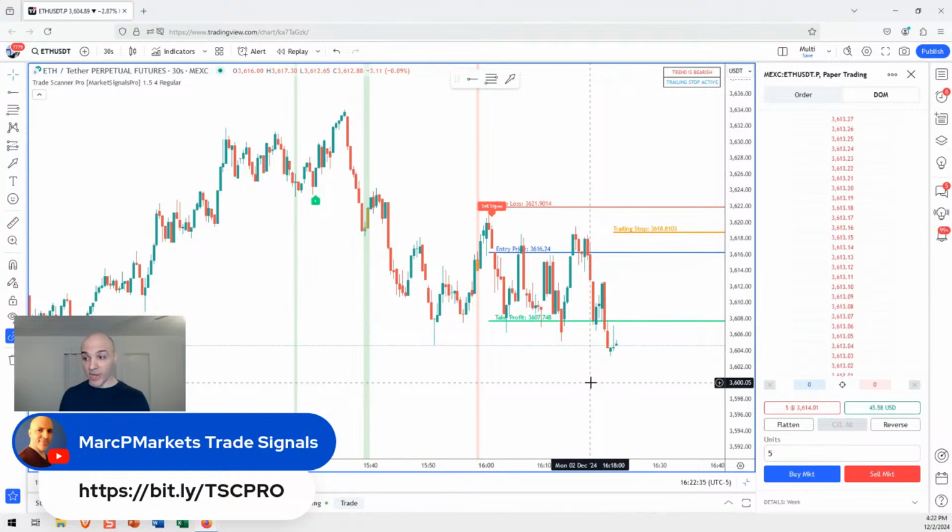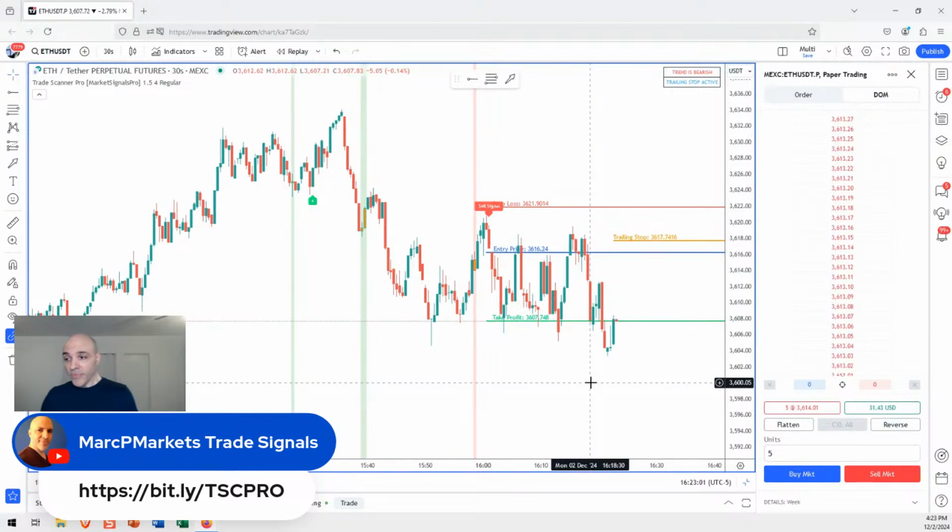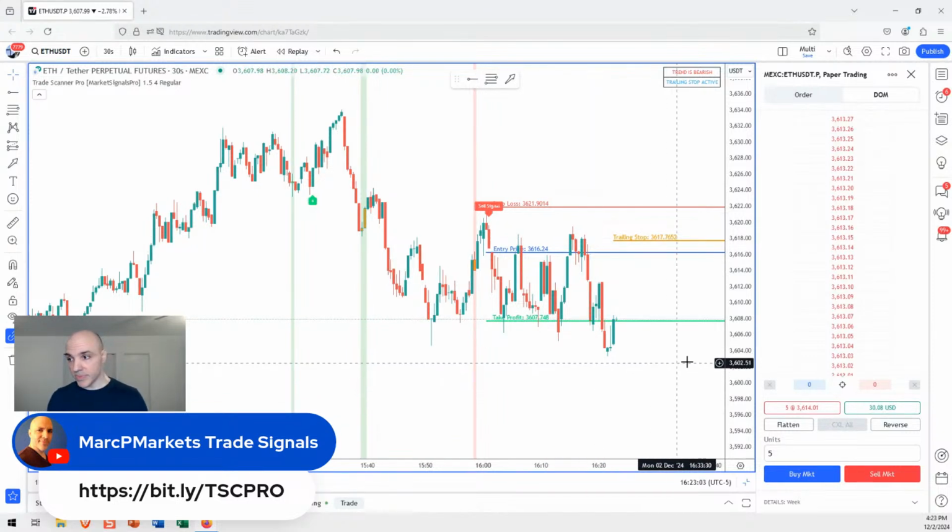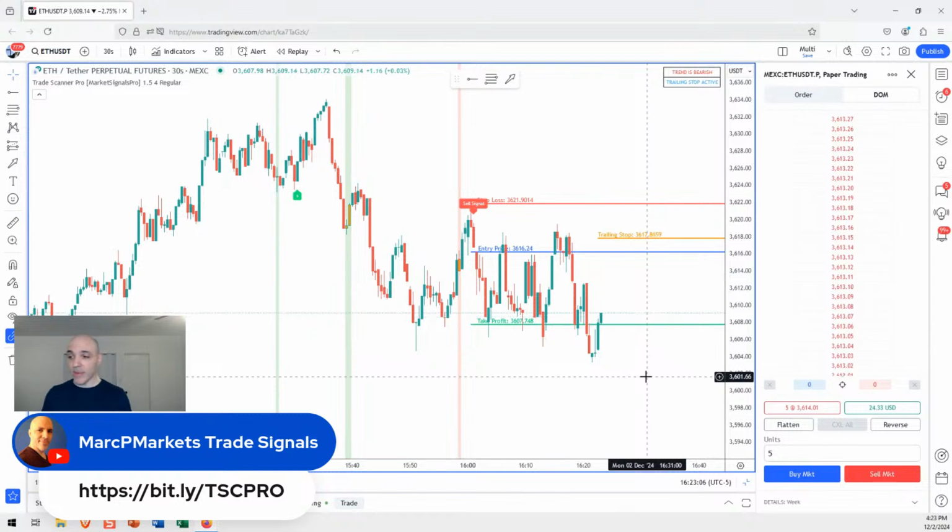Do you guys like the Ethereum idea instead of Bitcoin all the time? So we get to see another coin trade on the Trade Scanner Pro. And it's also more realistic because you can trade this with a small account. Bitcoin on a small account, on a $1,000 account or a $2,000 account, you have to use massive leverage, right? You have to use 100 to 1 or 200 to 1 leverage. And man, if you're wrong, you're wiping out 20% or 30% of the account in minutes. That's the problem with that. Here, the risk is much more under control. If I'm wrong, maybe I lose 3%, 4%, something like that on a small account.